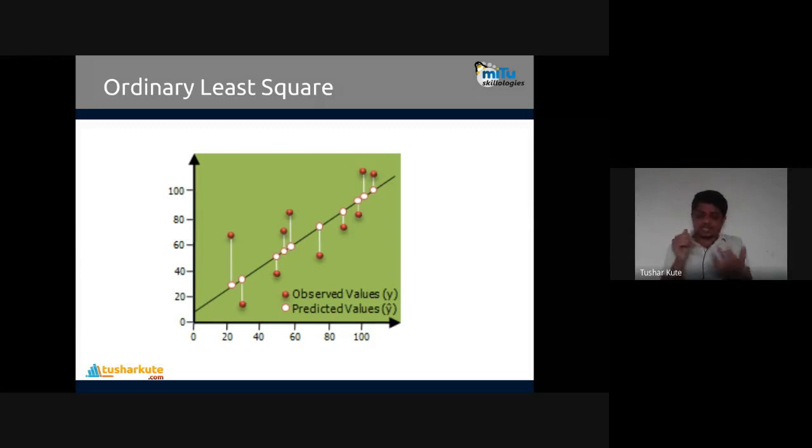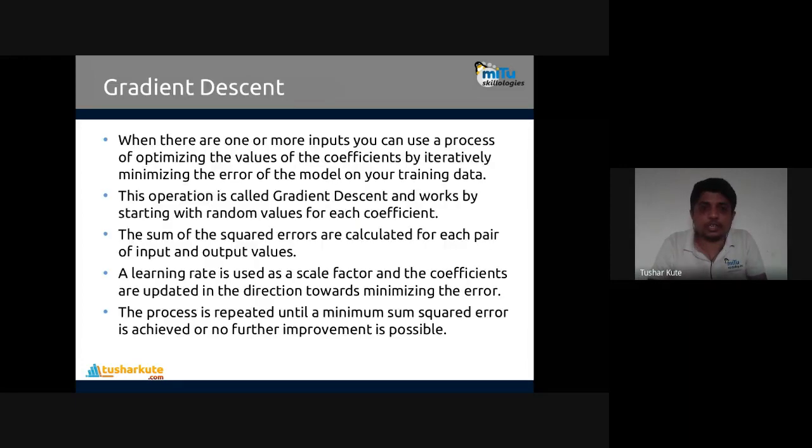Optimal distance, I'm saying, not exactly the same. Exactly at the center, where the least amount of error is present, that is achieved with the algorithm called ordinary least squares regression, OLS regression. There are some formulas used there. It's a derivative of linear regression to build a line, the line of best fit, which is identified with ordinary least squares regression.